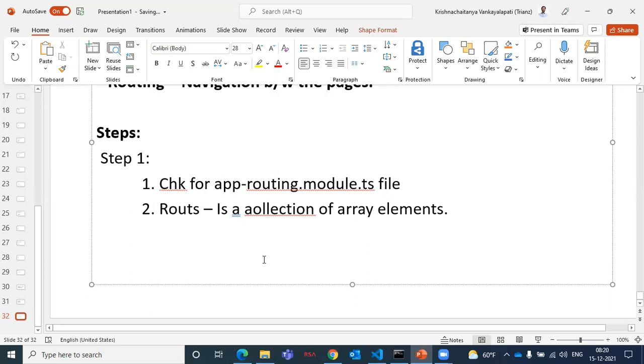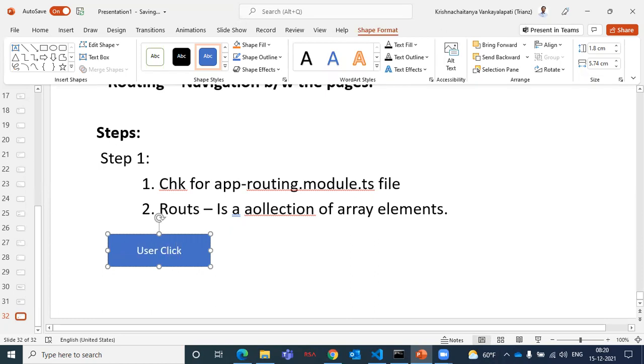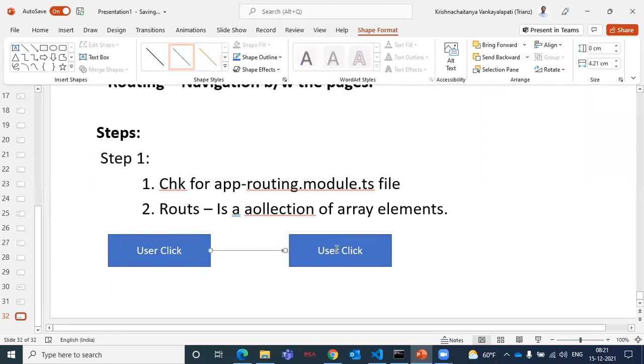Let me give a small diagrammatical way. So user clicked on something. User click. He will click on login page, something page. Next, what it will go? It will go to the component. As a part of the Angular, while we were discussing in initial classes, I said this one. So once your user click on this one, it will go to the component. Here the responsible for the first component or the first module is the app. Inside of this app, we're having the routing.